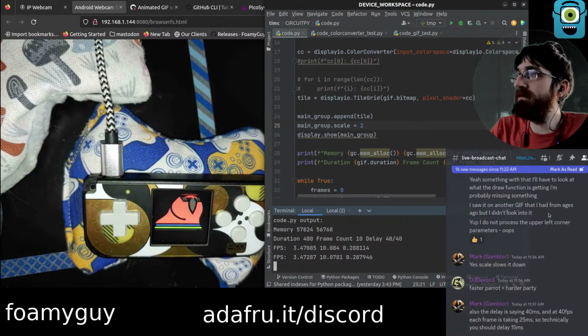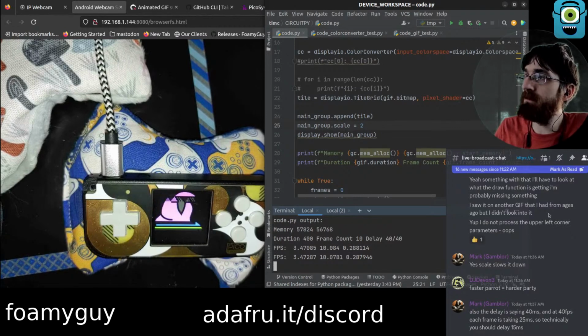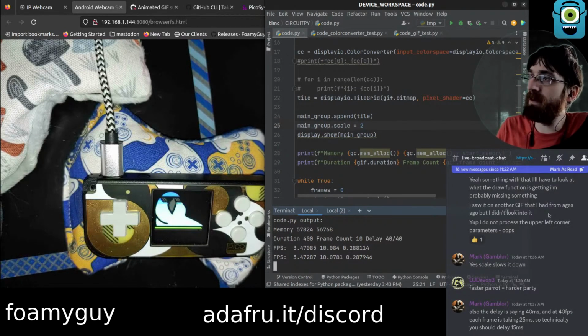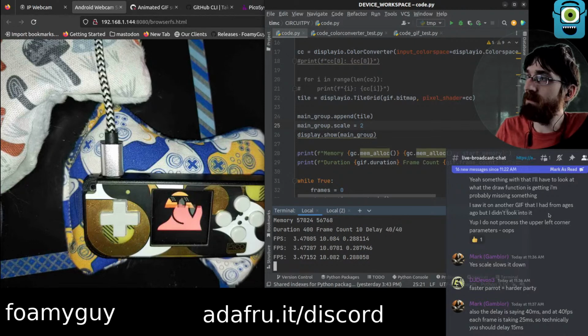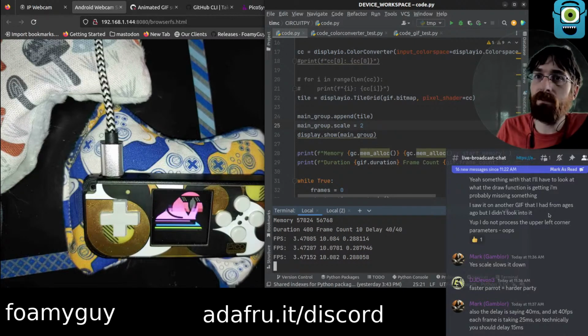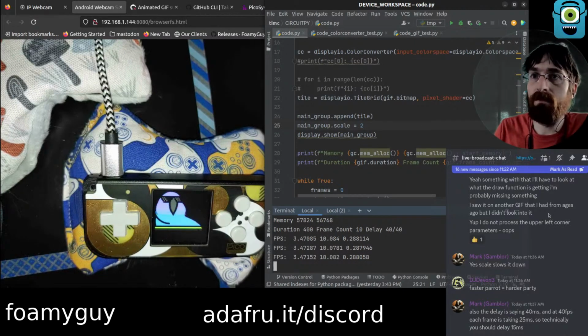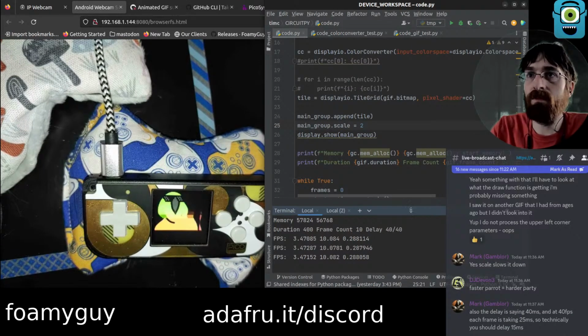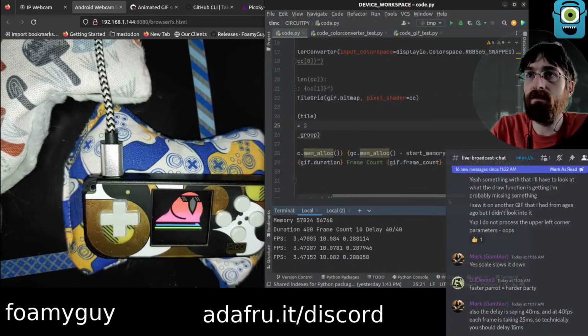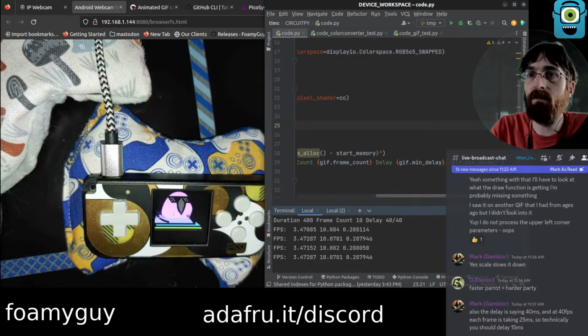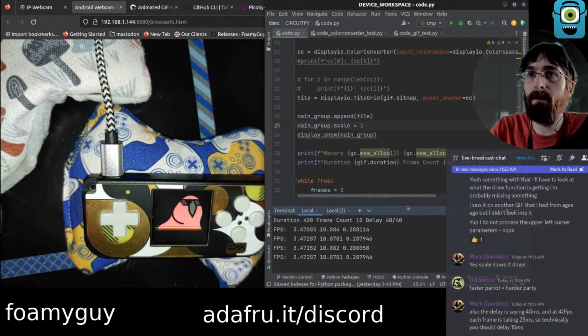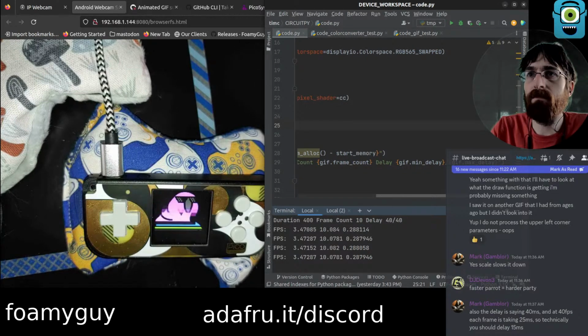Delay is saying 40 milliseconds, and at 40 FPS, each frame is taking 25 milliseconds. So technically, you should delay 15 milliseconds. Where does it print the delay? Minimum delay, maximum delay. Oh, but it's divided them. Did it?